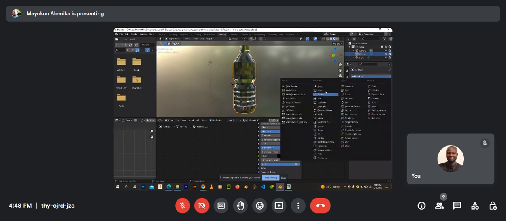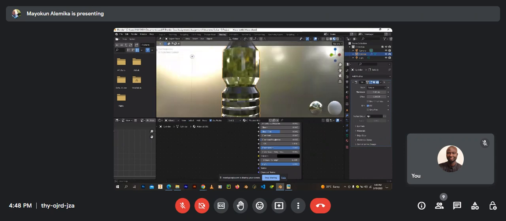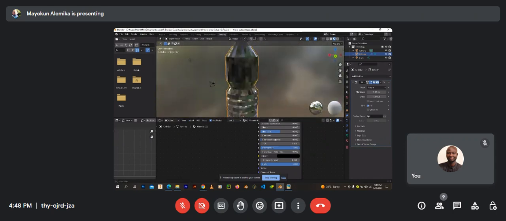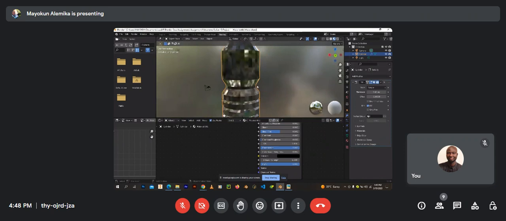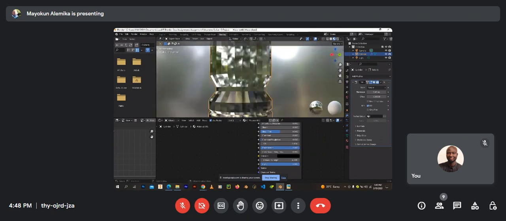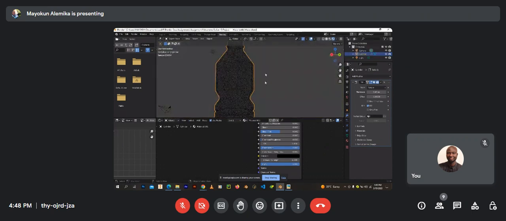So to fix that, we come to this modifier panel here and add a solidify modifier. Just look for it, click and add. Now it still looks as if it's not really adding, and that's because the thickness itself is so low that Blender doesn't really recognize it. So you can increase it a bit, though you may not really see an effect until you go into the